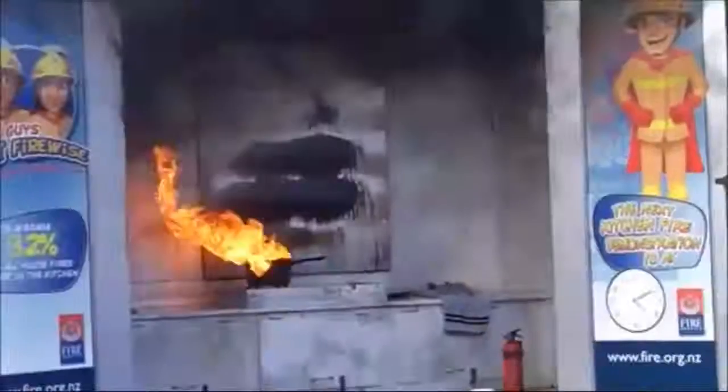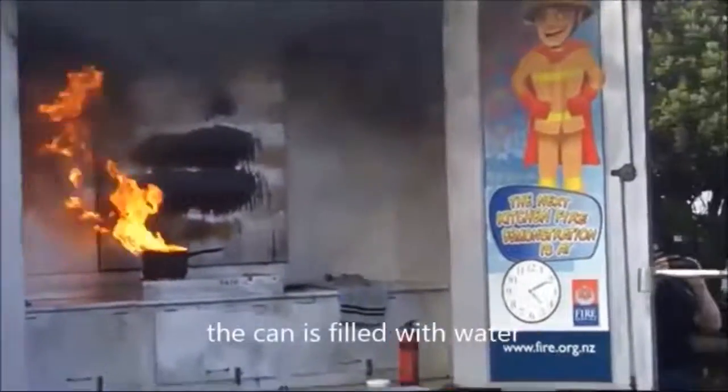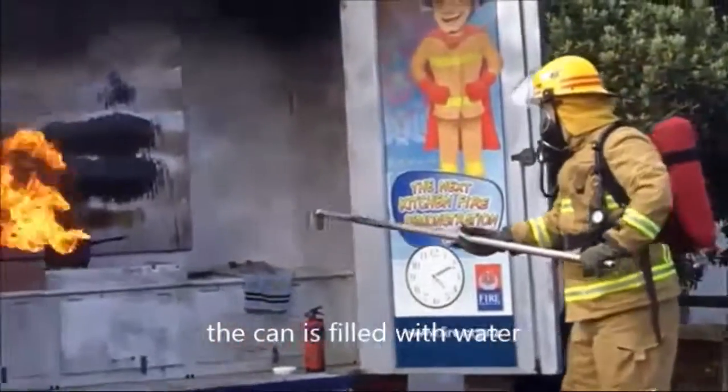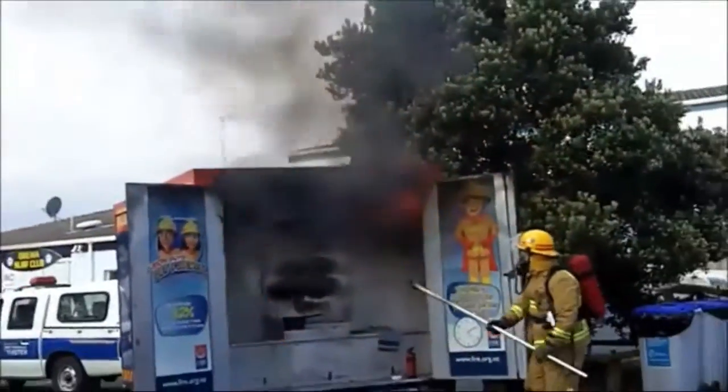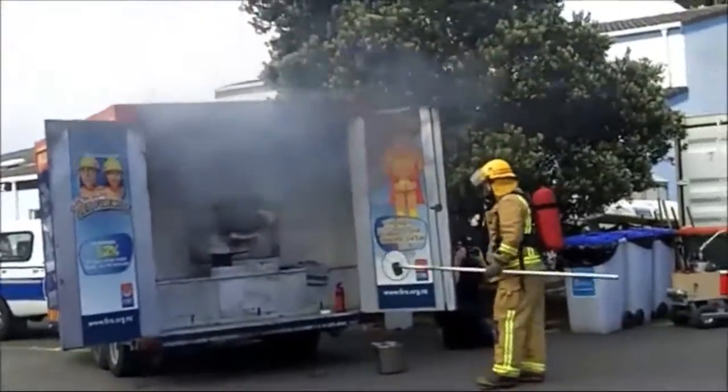Also, another thing that we don't tell you what not to do when you have a kitchen fire. Do not do this at home. Do not do this anywhere. This is why. Okay, this is what happens when you...